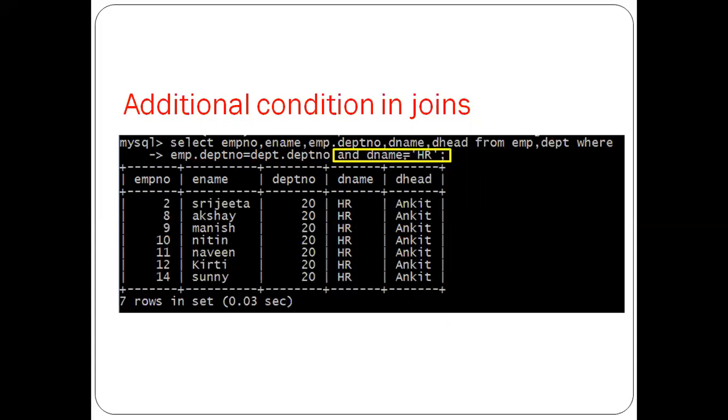You can also add additional conditions with the joining, and D name equal HR. Any condition you can write here, and ename equal any name, Nitin, Naveen, any name you can write here. Any additional condition you can join with the join.